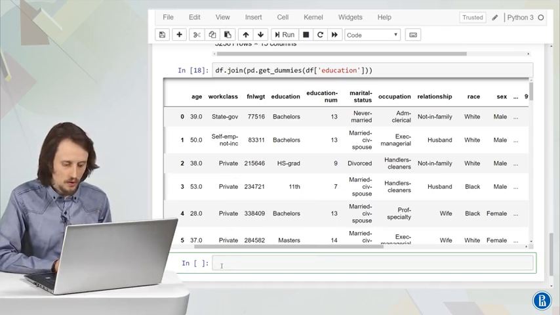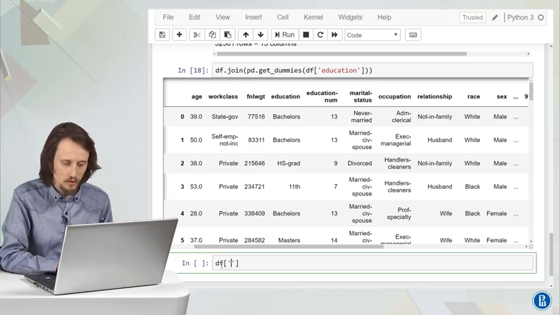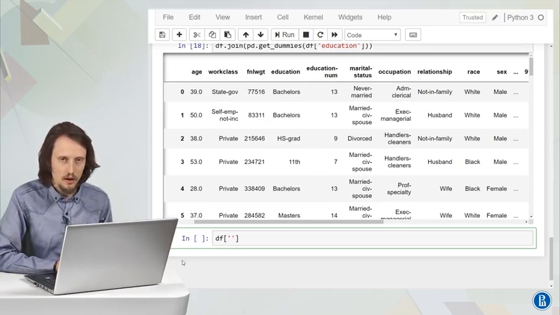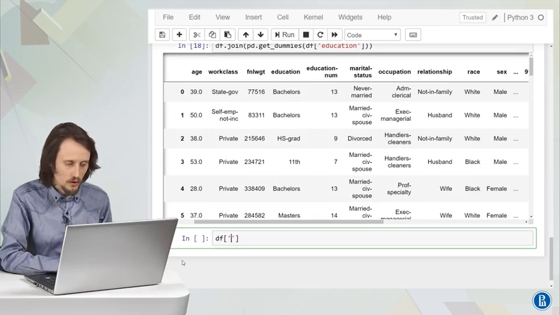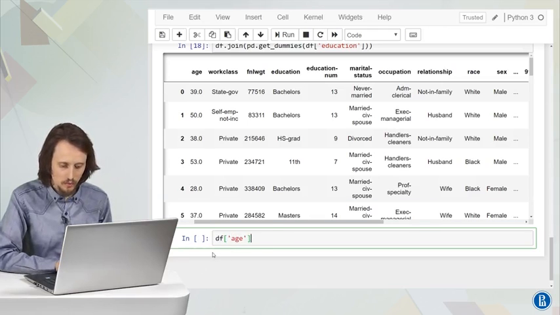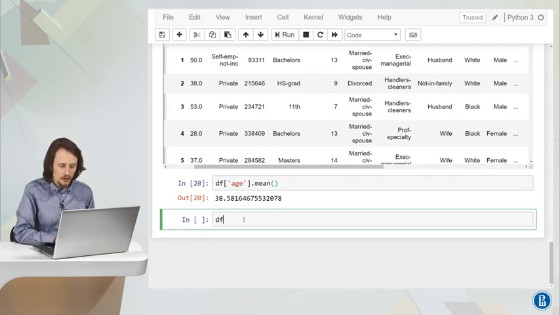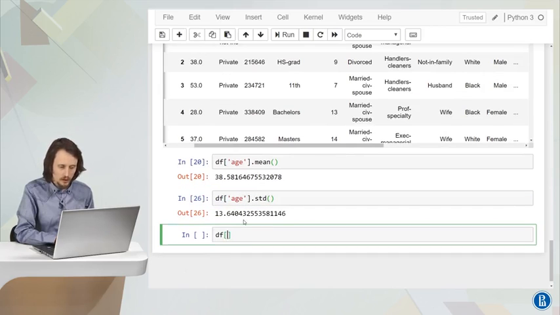By the way, if you have a column, for example, a numeric column, and you want to get some information about its particular descriptive statistics, you can also do it in the following way. You can get this column and get, for example, the mean value of this column, and then you get just a number that is the mean value of numbers in this column. In the same way, you can get standard deviation, for example, or median,